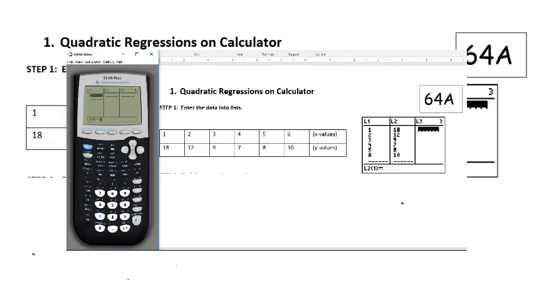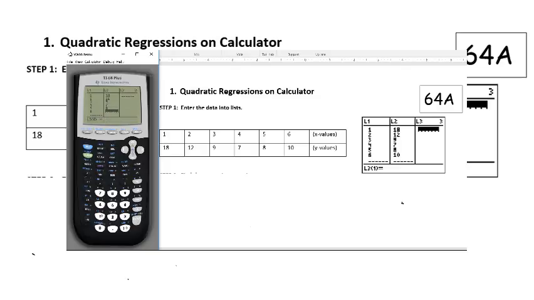For each one, we're going to fill in the L1 values: 1, 2, 3, 4, 5, and 6. These are my X values. For Y values, we will fill in 18, enter, 12, enter, 9, 7,